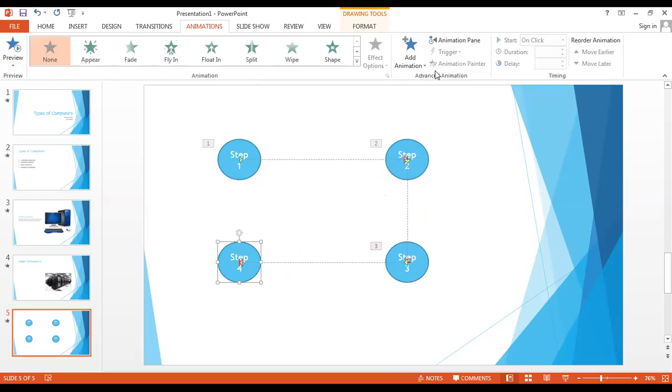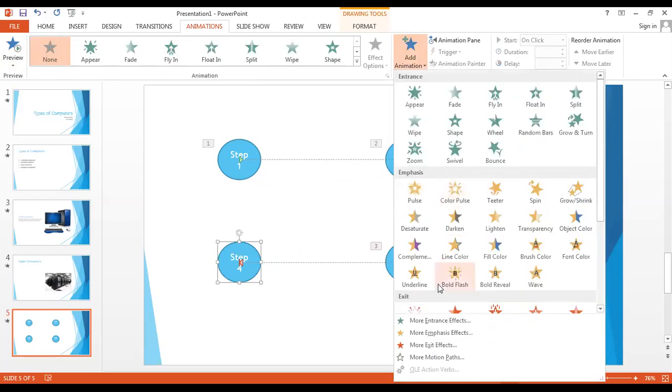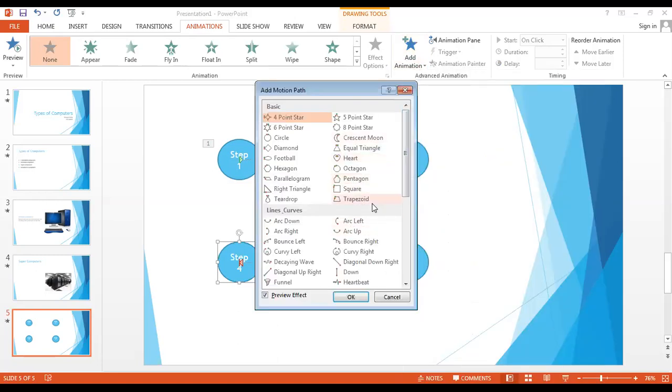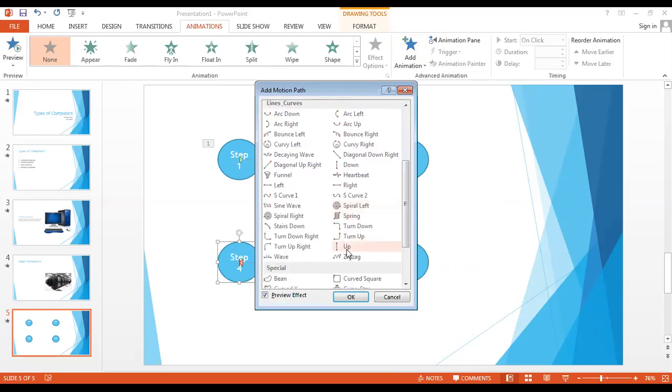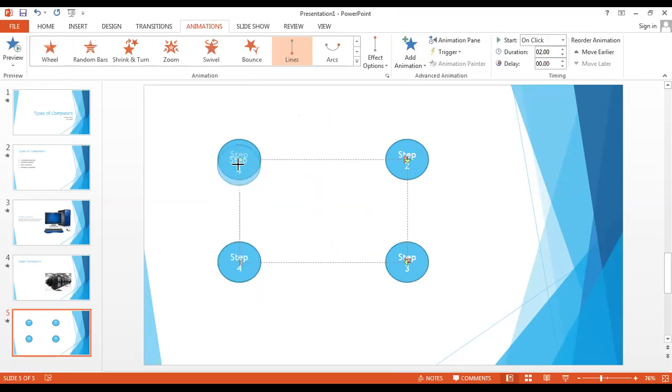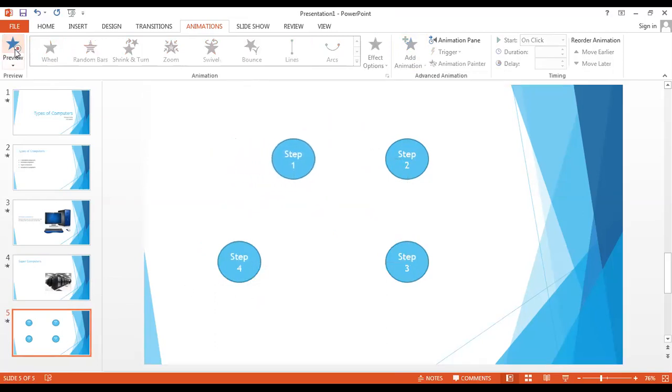So I'm selecting step 4, again going to add animation, going to more motion paths, and now I want this to move upward. So in order to move it upward, I need to find where the option is. Here we have up. I'll select OK. I'll move it over here. So again, the object will be appearing over here, right? So this is how you can make the animation. You can move the object. The same animation can be applied on any picture as well,